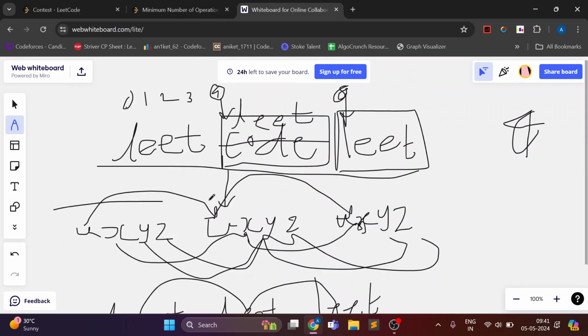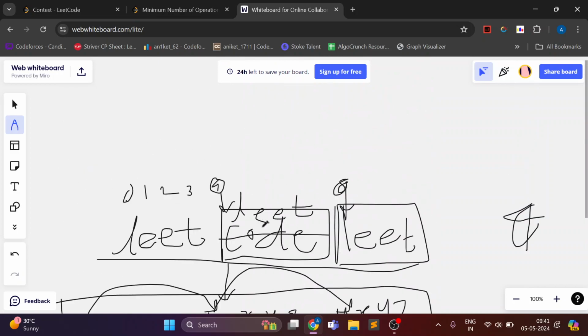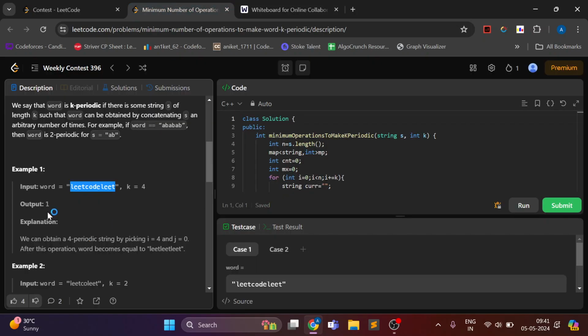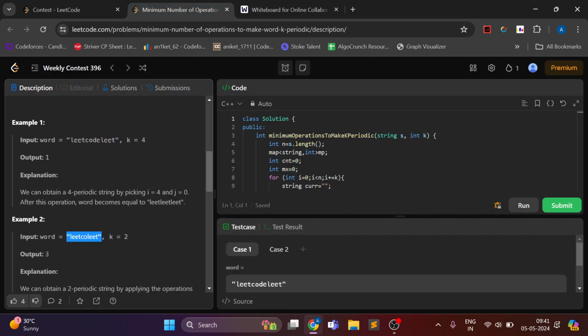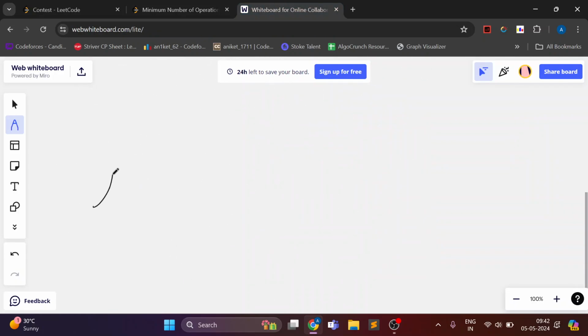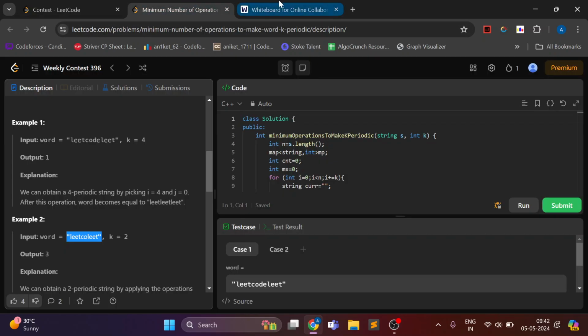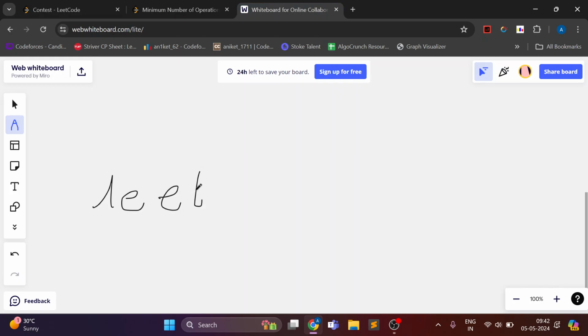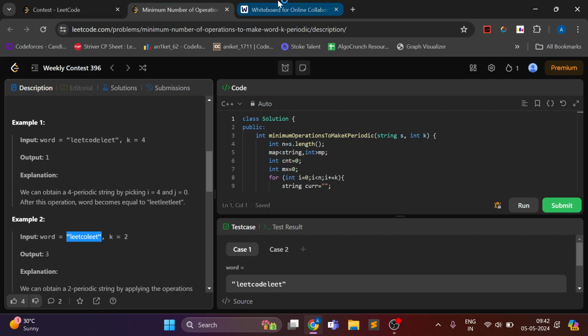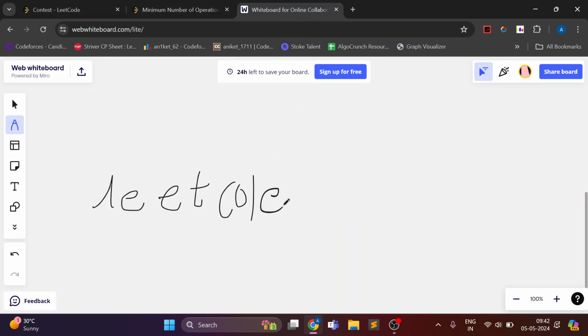So this comes out to be this format as we wanted, and the number of operations we did is 1. That's why the answer here is 1. Similarly in this case, then leet again, k here is 2,